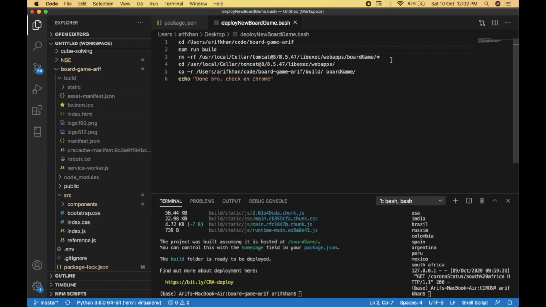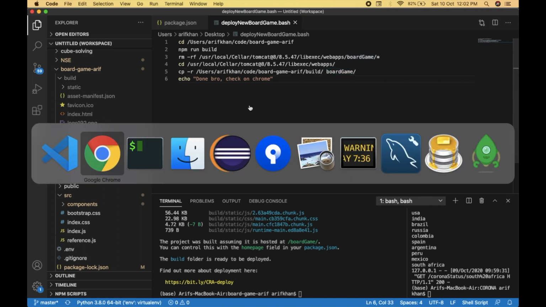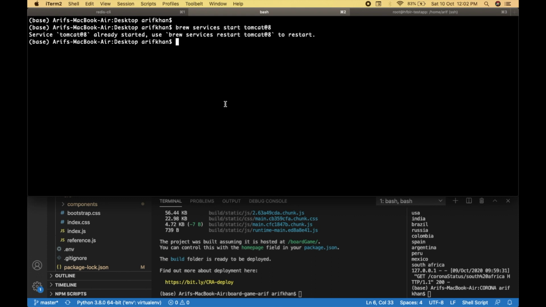Then it deletes the existing board game folder contents, not the folder itself, whatever files and folders we had from the previous version of the application. Then we move to the Tomcat webapps folder and copy the build folder to the board game folder. Okay, so that is the script, and if I just run the script,